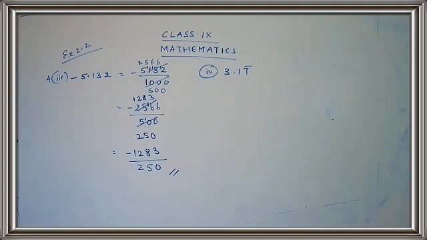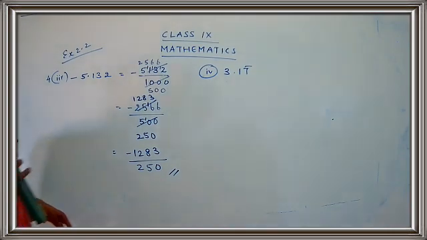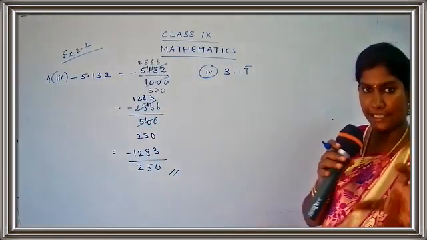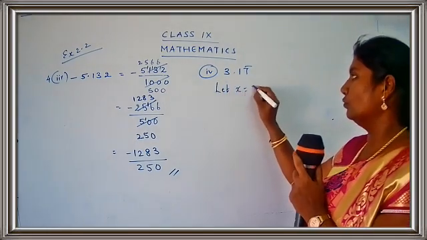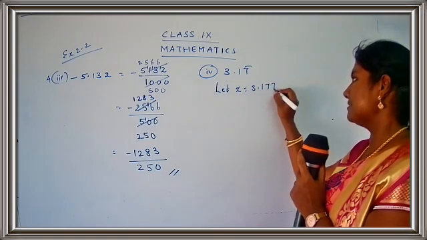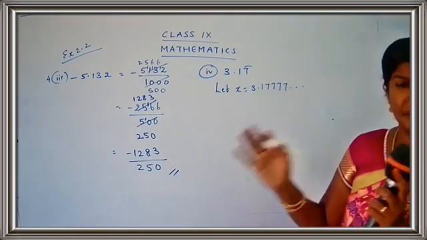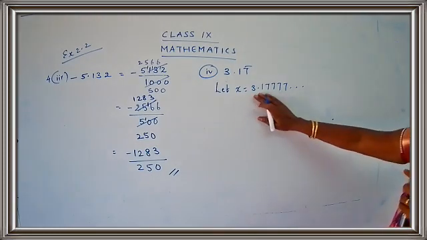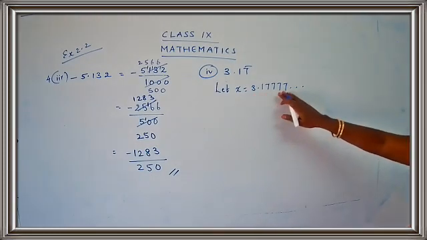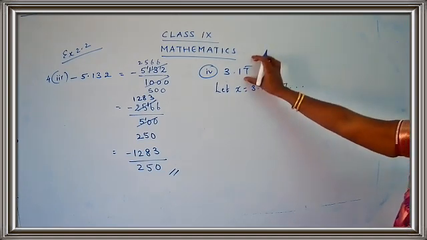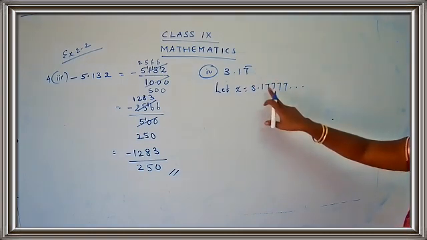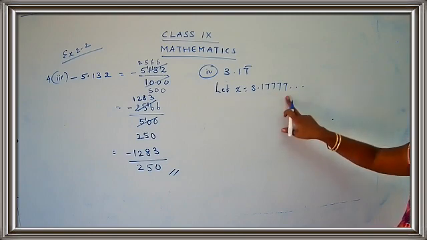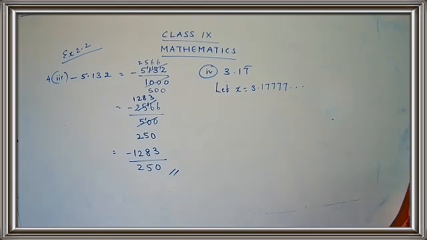Okay, now let's start with the work. I'm just going to do the steps that we have followed for the previous sum. The first step will be consider x. Okay, you are going to take x. So what will be the value for x? Let x is equal to 3.1777. You can just go on writing as many sevens you want. So x is equal to 3.17777. Clear? Same thing. I have just taken the question part, but here the bar was there. So in place of bar, I have written the value. Okay, children? So 7 bar means 777. Clear? Okay. Now, we have to write the value in forms of rational numbers.